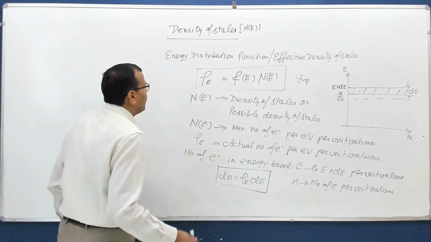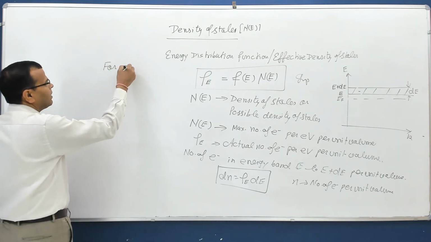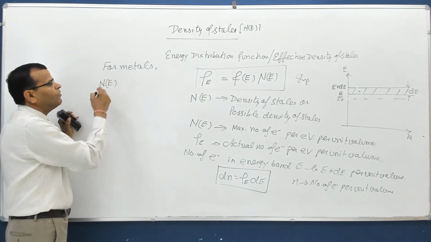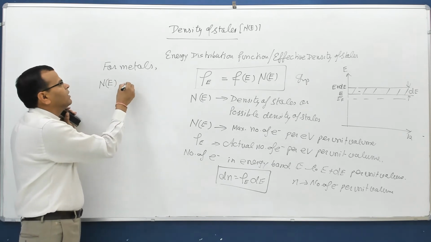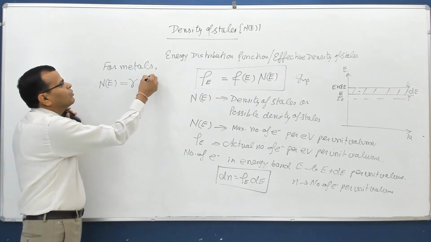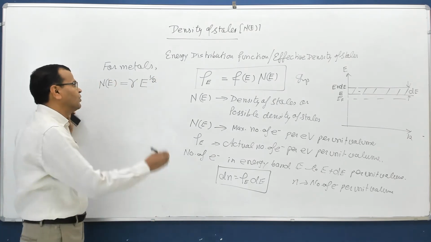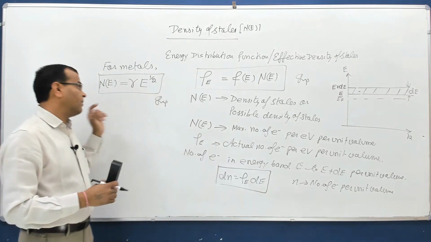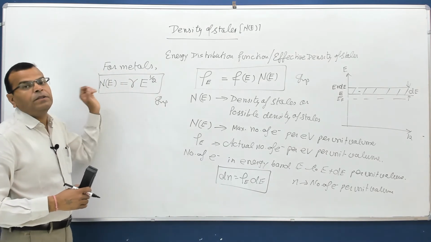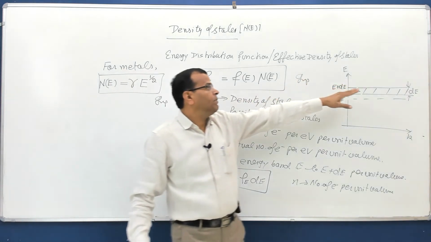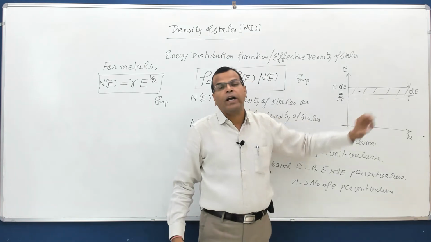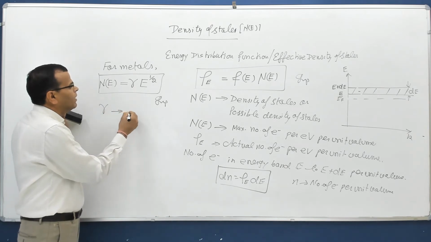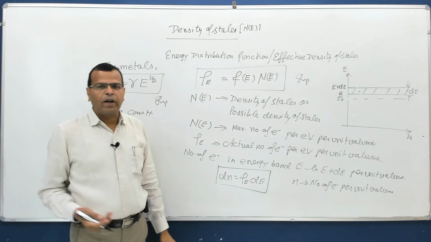Now for metals, remember this: the maximum density of states is given by gamma into E raised to power 1 by 2. This is the formula you should remember. So Ne is the maximum possible density of states, meaning the maximum number of electrons per unit volume per unit energy band. For metals it is given by this, where gamma is a constant. It has some value,